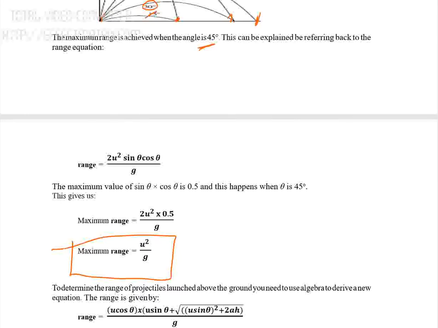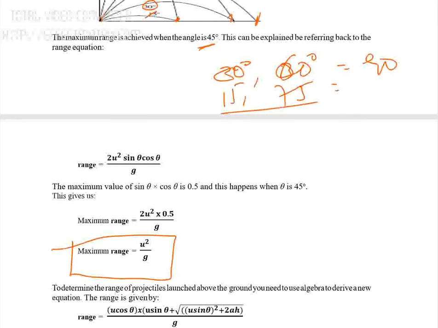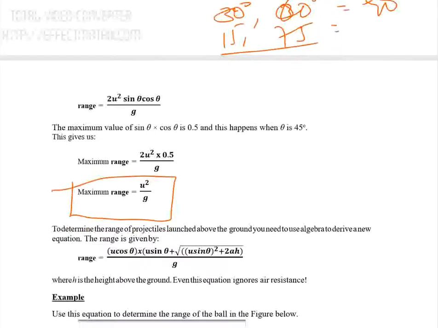is similar. For example, if you are asked to calculate the range of 30 degree projectile and the range of 60 degree projectile, you can get similar value because these two angles are complementary. If you add how much, they become 90. Therefore, they are complementary. That means sine and cosine of the two values are equal. And if it is 50 and 75, also what? Complementary. It is similar. Therefore equivalent. Therefore the range of 50 degree and 75 degrees is equivalent. The range of 30 degree and 60 degrees is also equivalent, and the range becomes maximum when theta is equal to